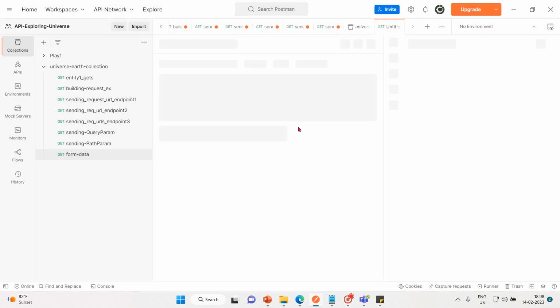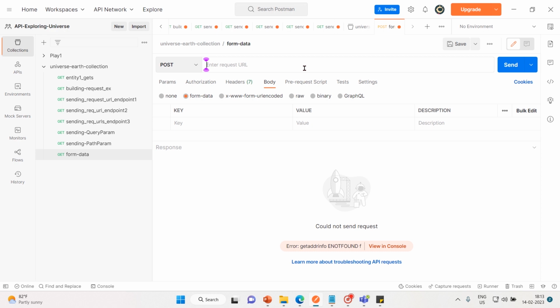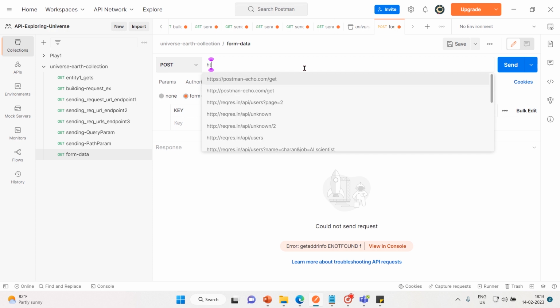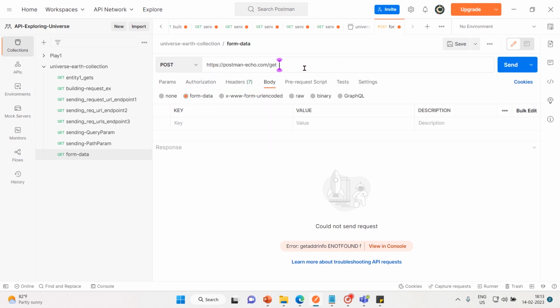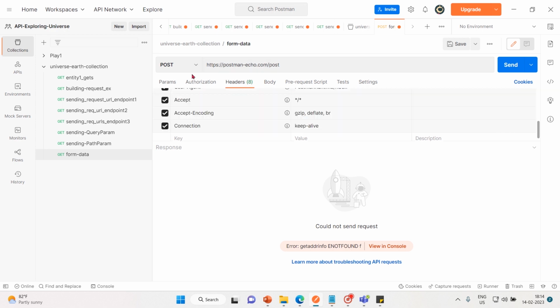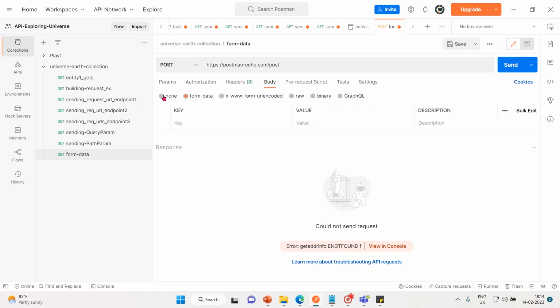Let me save this. So let's enter the base URL, and after that we'll give endpoint, and we will also mention the HTTP method. So HTTP postman echo.com. So I'll change it to post, and the method should be chosen to the post. So it's all done. So now we have to get into the body, and inside the body we have to